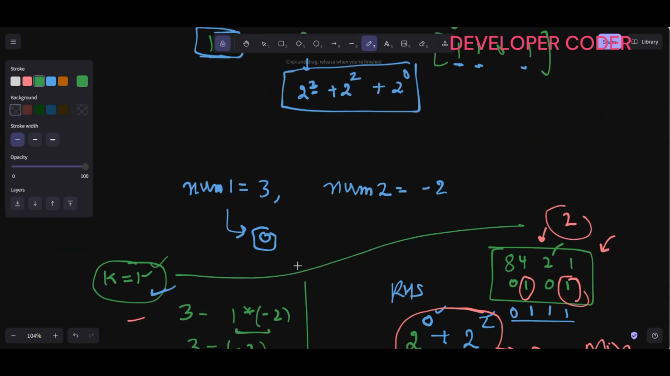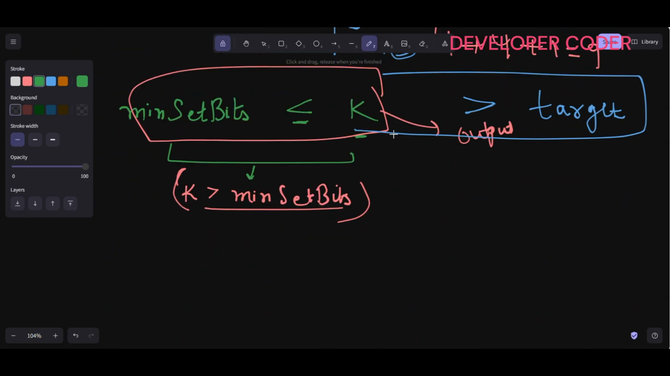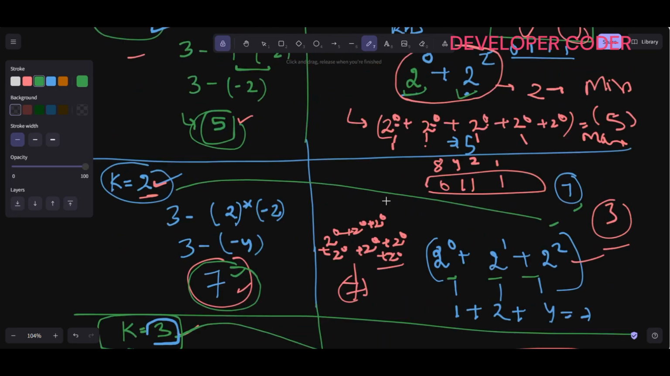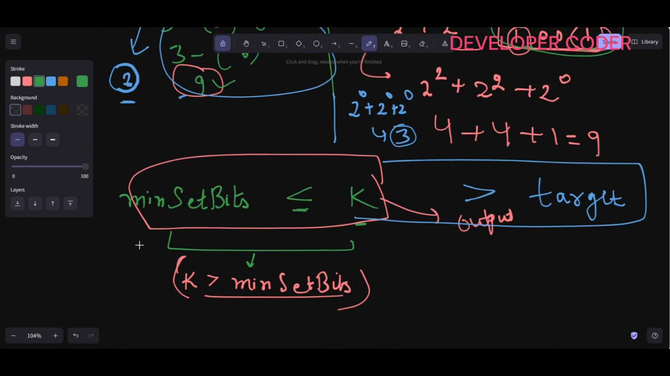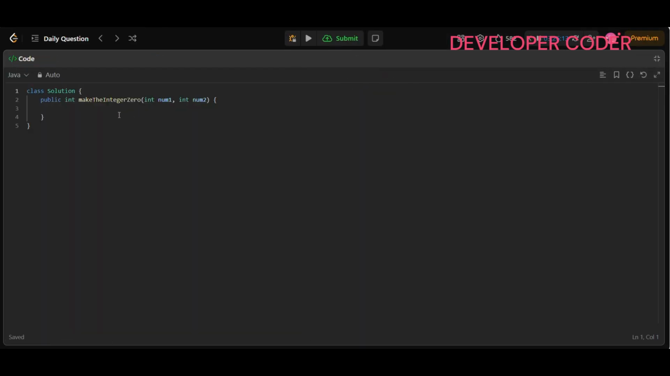Okay, clear? All right, so this is done. This is the formula that I have derived also. Now here we have to just check the first operation, second operation, third operation, right? That is what I have to check. So if I move to the coding part,